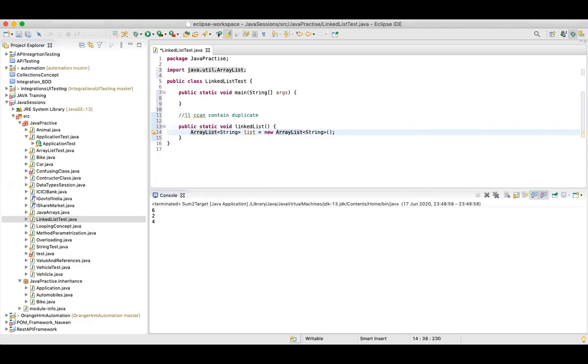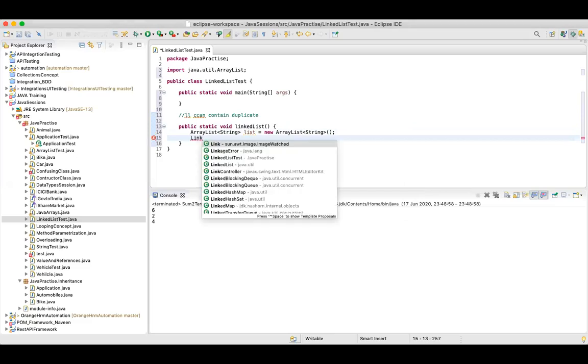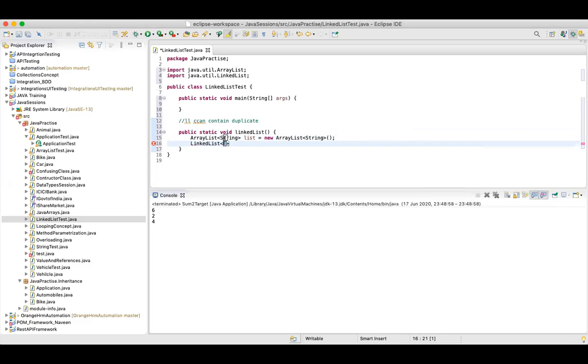Now we want to create a linked list. How do we create a linked list? In a very similar fashion, we have LinkedList. Again, in generics we have to specify the data types.